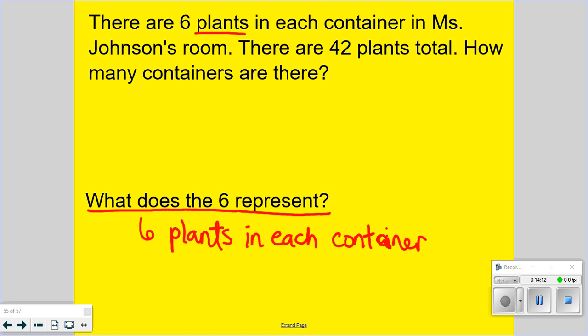Is this a whole or a part? Is it a whole or a part? Huxley? It is a part. It is a part. What's your whole? Do we know how